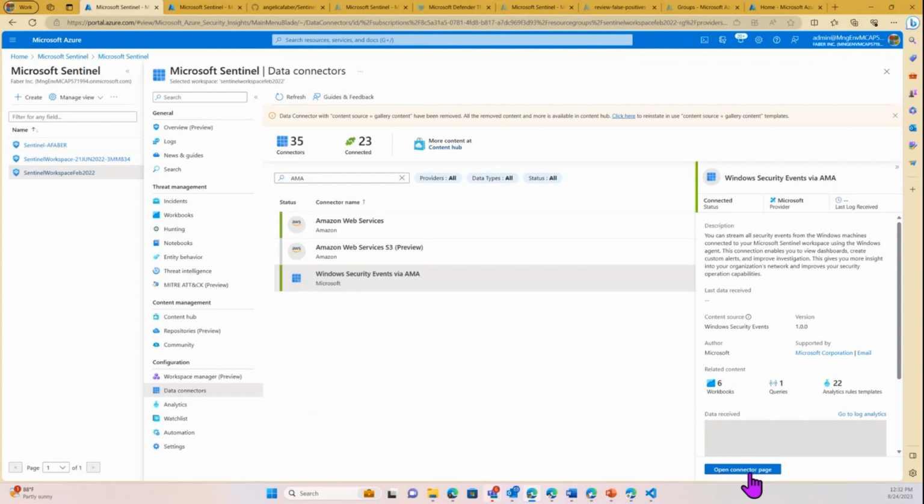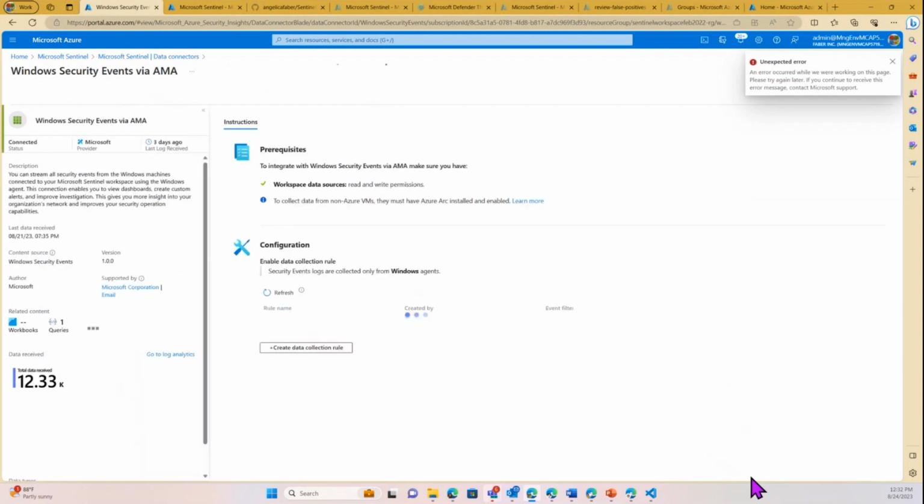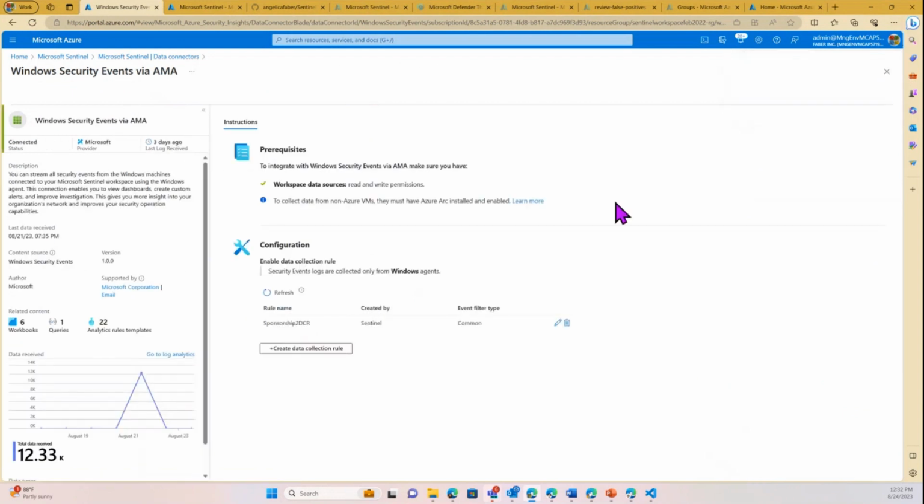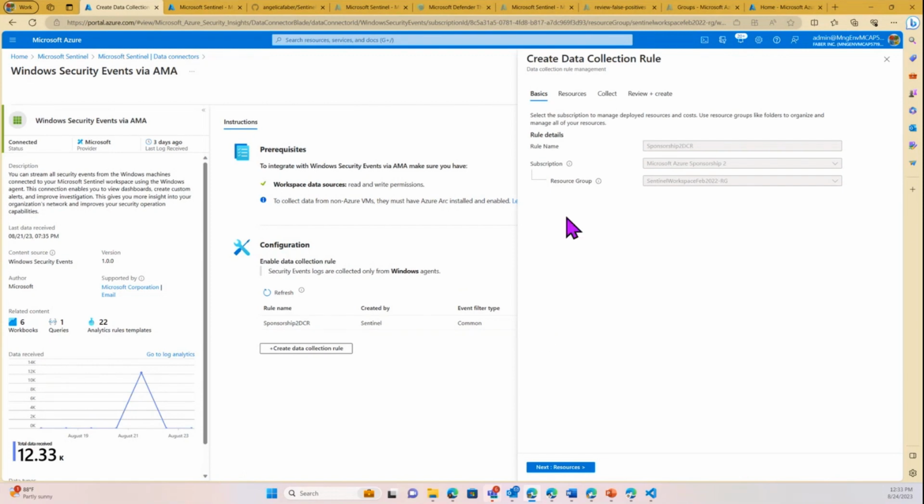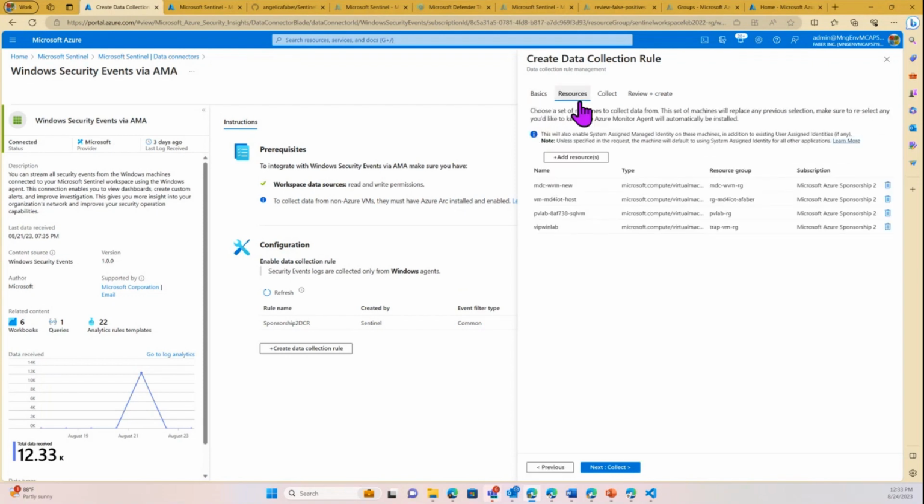So this connector is using the Windows security events with AMA. And so it has, click twice, a DCR, which is a data collection rule. And Zach talked about them in relationship to the AMA agent, but I'm also going to show you how you can do the same type of rule, but not specifically for the agent. In here, you would add the resources that are associated with it. And by the way,